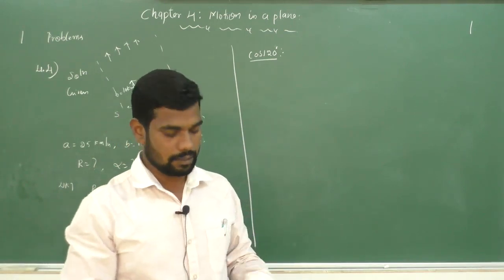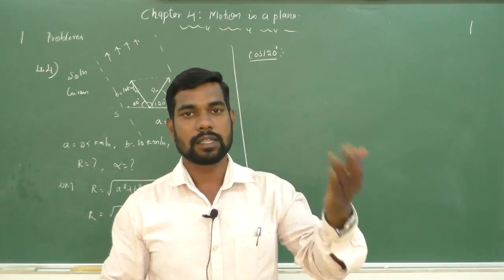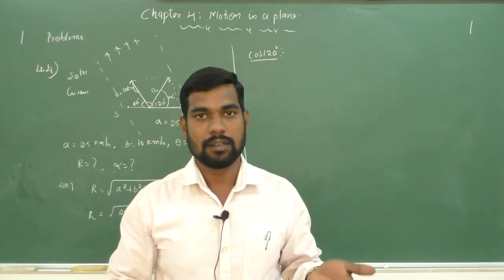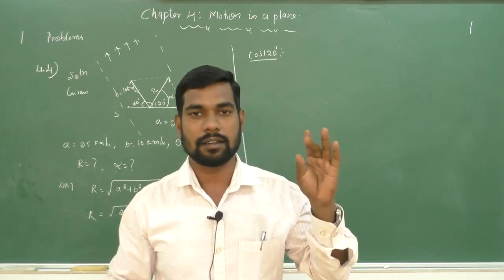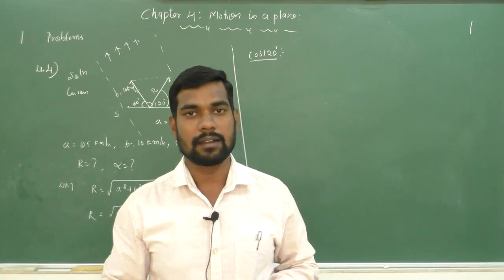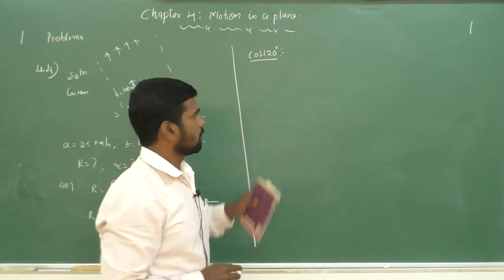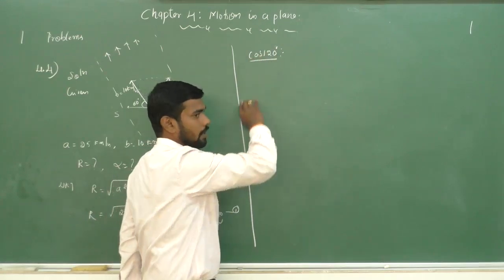In the mathematics allied angles chapter, the teacher will explain how to find the values for angles greater than 90, like 90 plus theta. For sin theta, cos theta and tan theta, all these values we can find using allied angles. The sir will explain that, but I'll explain very simply what is required here.